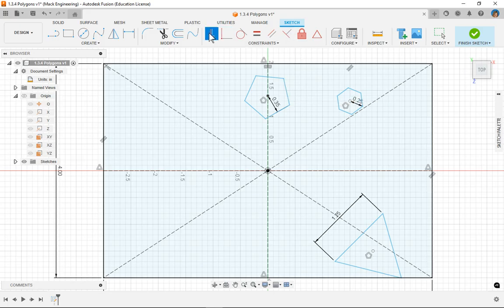Now we want to do the horizontal constraint. We're going to click on one of these bottom edges and it'll line it up so that it's horizontal with our x-axis. Okay. Last thing we're going to do with this one is we're going to go up to our